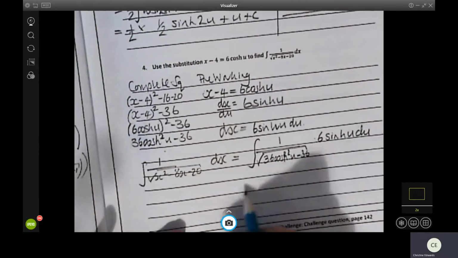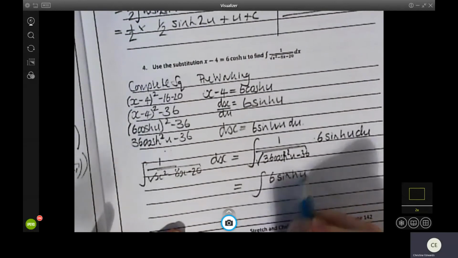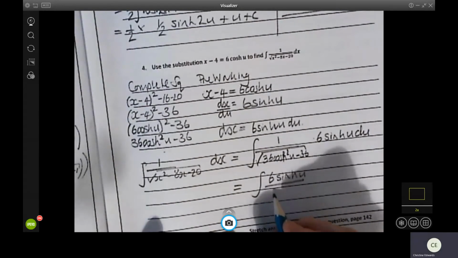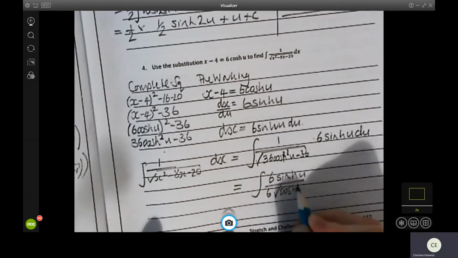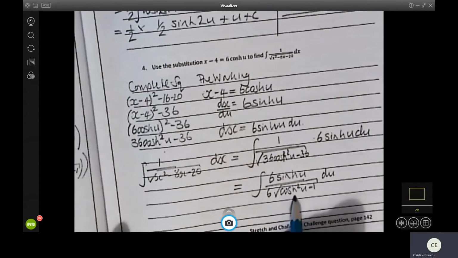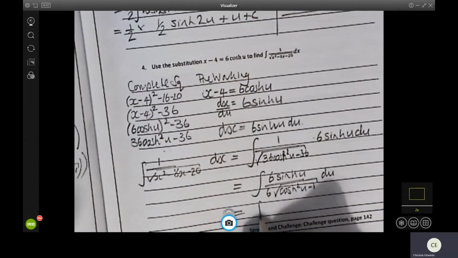Applying the square root and simplifying, that's going to give me 6 sinh u divided by 6 square root of cosh squared u minus 1 du. Now, cosh squared u minus 1, using my identity, is the same as sinh squared u, and it has been square rooted, so I am being asked to integrate 1 with respect to u, which gives me u plus c,